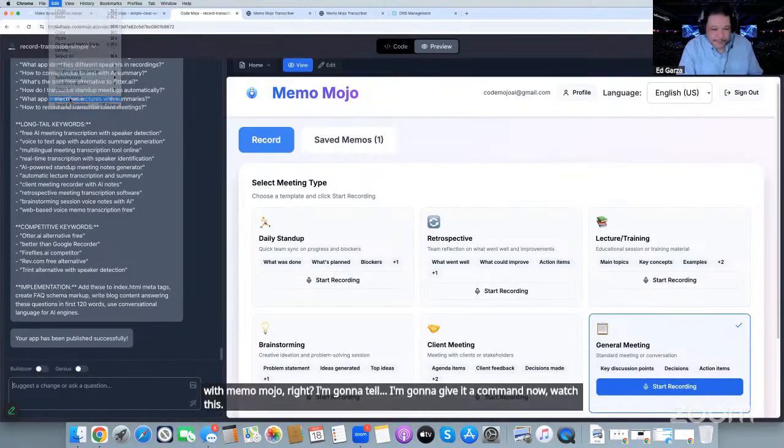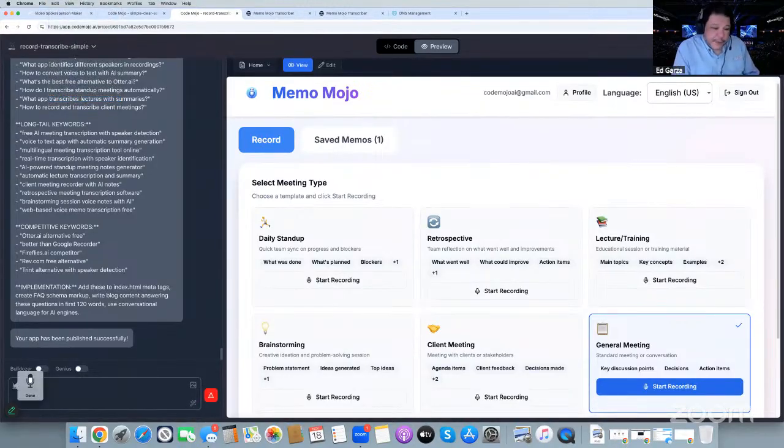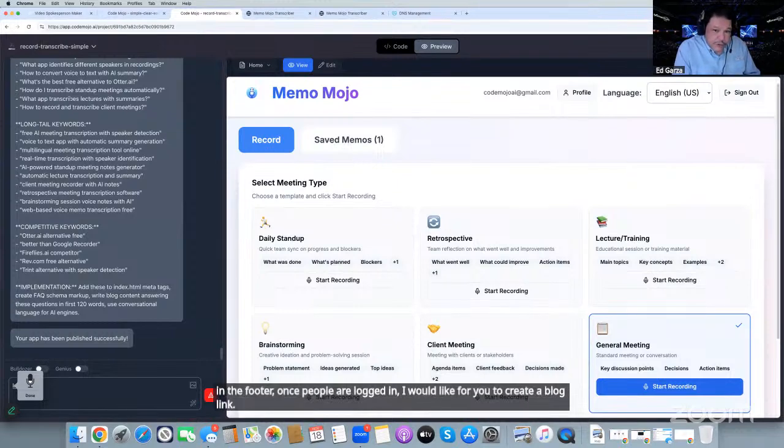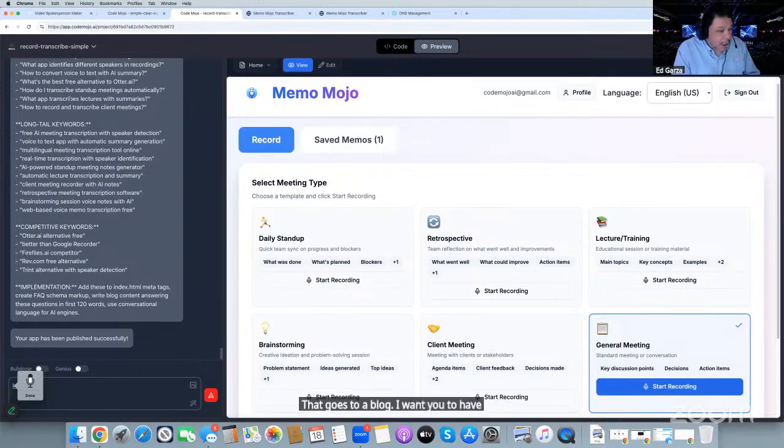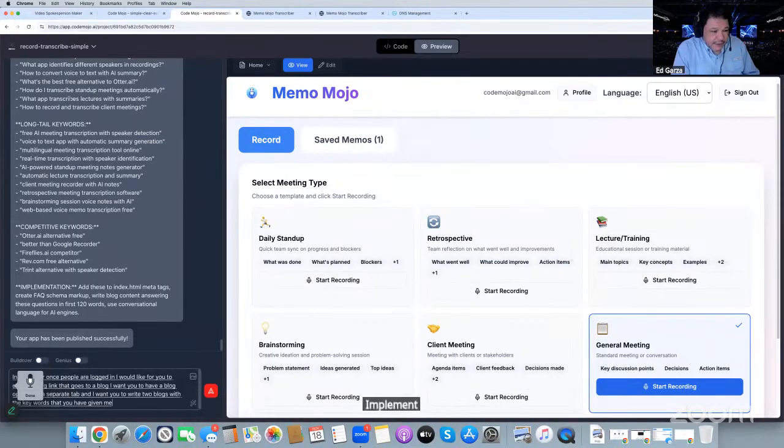Watch this. In the footer, once people are logged in, I would like for you to create a blog link that goes to a blog. I want you to have that blog open up in a separate tab. And I want you to write 2 blogs with the keywords that you have given me. Implement this strategy for me and create this separate page, but put the link in the footer